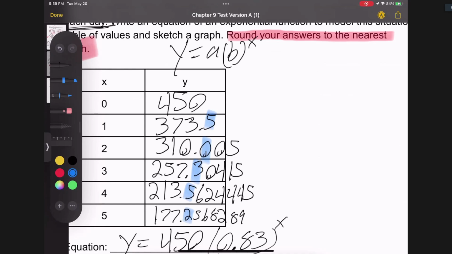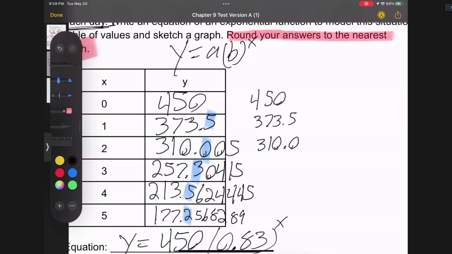I've got to look at the next number, and if it's greater than or equal to 5, I'm rounding up. If it's less than 5, I'm going to go down. So let me, oh, that's a horrible 5. Let me rewrite this thing. Sorry. Let me rewrite that 5. So this is going to be just still 400. This will be 373.5. This will be